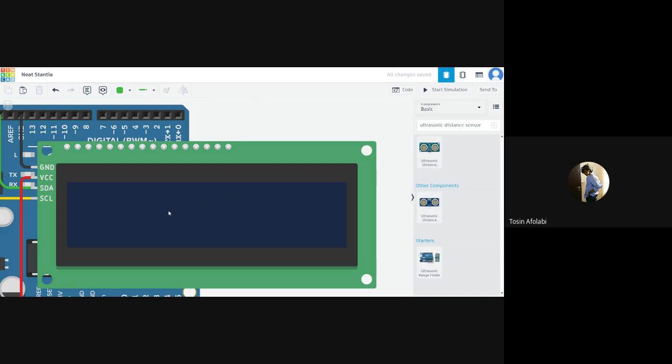Okay. So to answer Israel's question, on a normal LCD you see pins 1, 2, 3, 4, 5, 6, 7, 8, 9, 10, 11, 12, 13, 14, 15, 16. These are the 16 pins that you connect to your Arduino if you're working with a traditional LCD, that's every normal LCD. But with the advent of